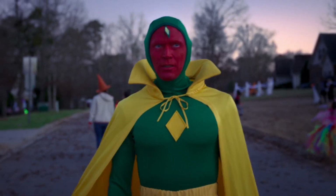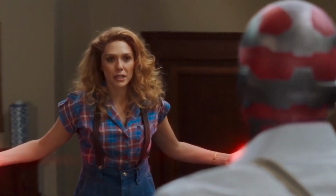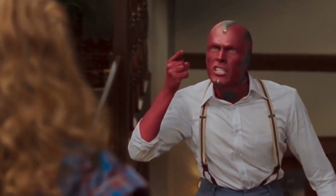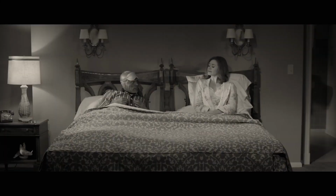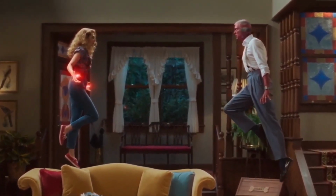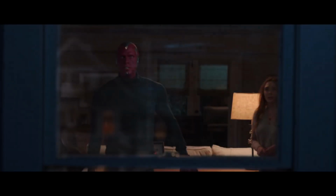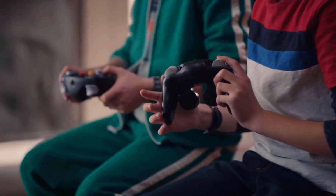Set only 3 weeks after the events of Avengers Endgame, from what we saw, Wanda Maximoff and Vision live in an idyllic suburban life in the town of Westview, New Jersey, trying to conceal their true identities from the rest of the world. As they begin to enter new decades, which are coming maybe even too fast for them, seeing how this is a creation by Wanda Maximoff herself, and also encountering the television tropes, they suspect that the things they are trying to do are not turning out as they want them to,